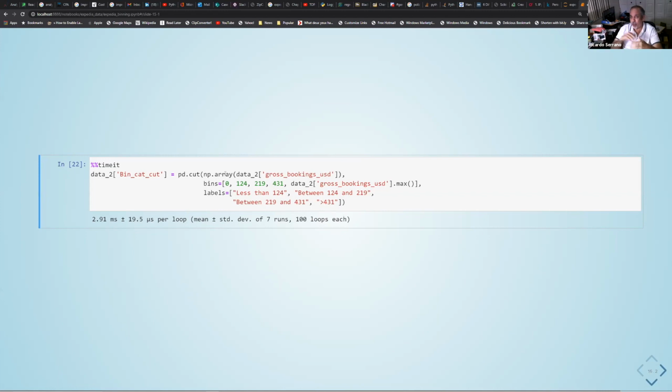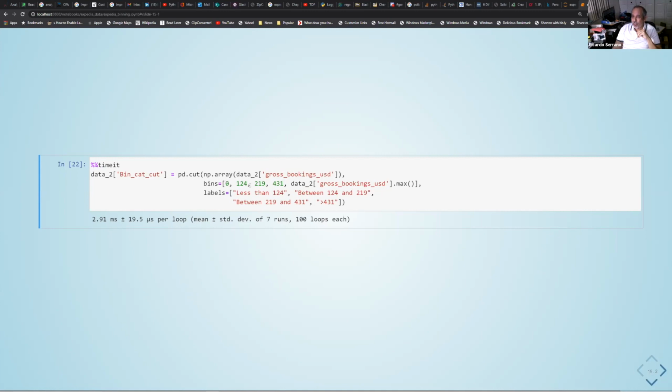And of course NumPy is the engine underneath the pandas functions. So we're going to use the cut. We're going to convert that data frame feature to an array.